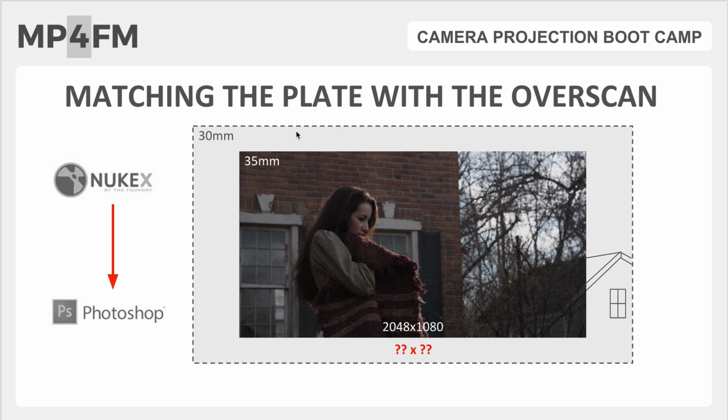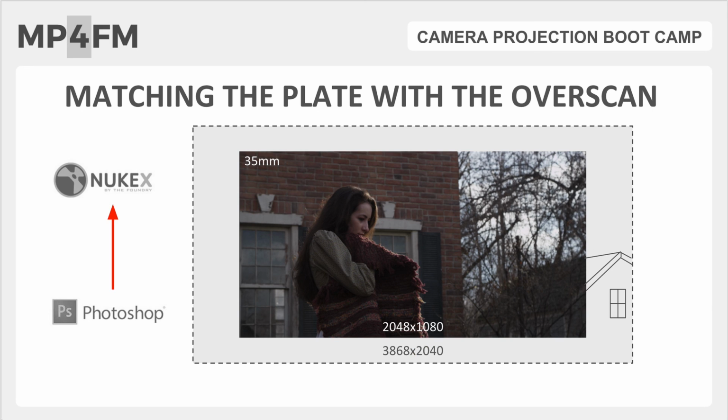Okay. And that's what you need to be able to determine. If this is the right resolution, then you will be able to take your plate and put it right in the middle of your Photoshop file. And when you paint a stroke from over here to in here,